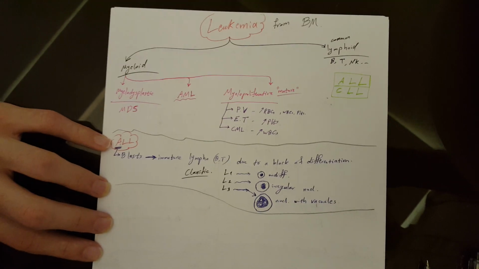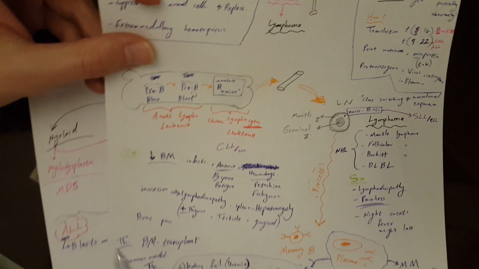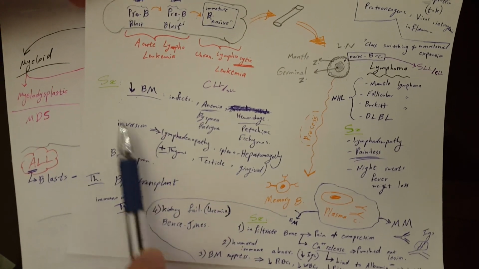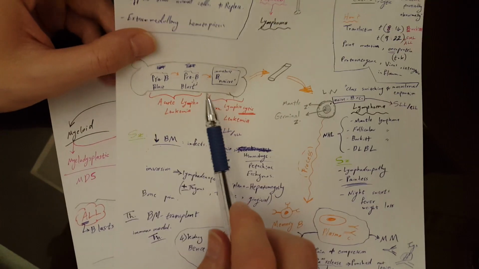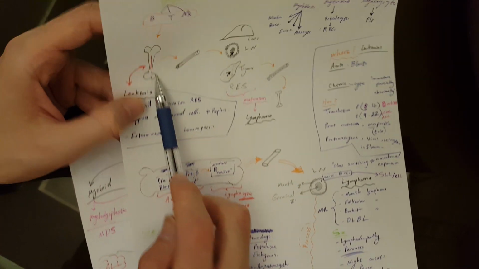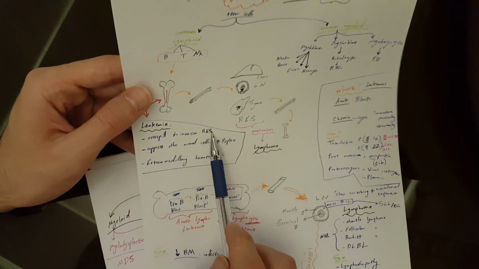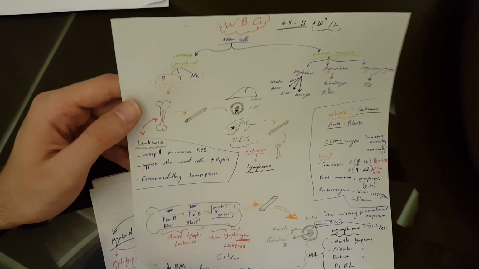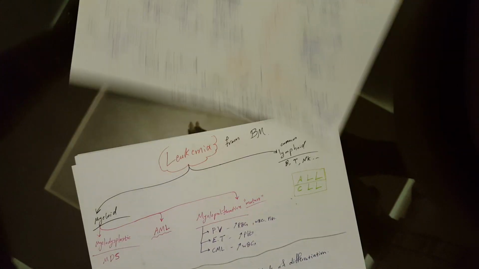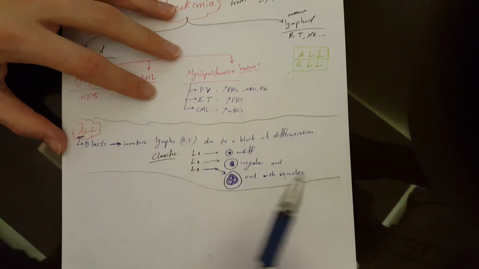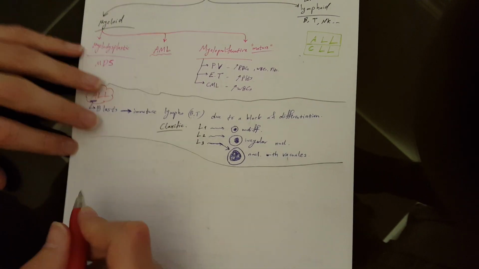This is ALL. Same symptoms as we said in here. Okay, same therapy. And you can mention all of these things of what happens here about the leukemia. They overspill and invade and they suppress. There's extramedullary hematopoiesis, okay? That's why now we can go much faster. Next one, after ALL,